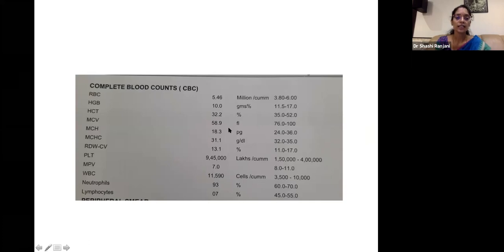But if you see at the hemoglobin and the indices, this child can have iron deficiency anemia again. The indices are low, the platelets are increased. It could be reactive thrombocytosis, but one should never ignore this lymphocytopenia. So our differential diagnosis for this child should definitely include a primary immunodeficiency.